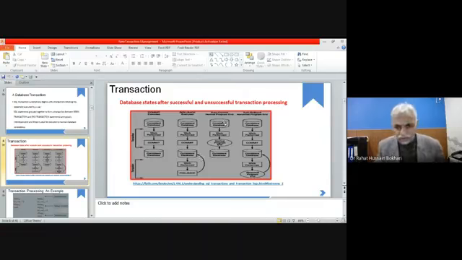There is also auto commit, because some SQL statements are automatically committed when they are executed. Furthermore, we have auto rollback. It means if something is not happening properly, then it is rolled back to the previous state, the status quo state of the database. So these are the things related to transactions.